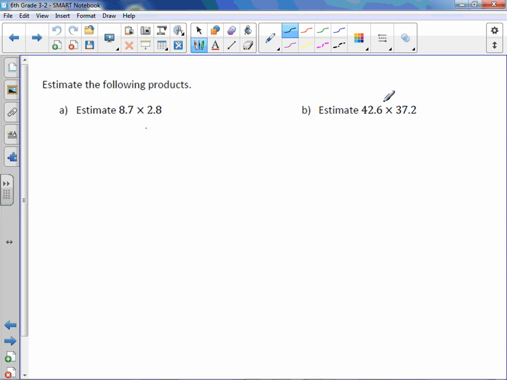So estimate the following products. I'm going to round to the nearest whole number for this example. We have 8.7. If I want to round to the nearest whole number, 8 is the digit I want to round to. We found our place, look next door, and you have to determine, is it 5 or greater or 4 or below? It's 7, which is 5 or greater, so we add 1 more. This is closest to 9 times